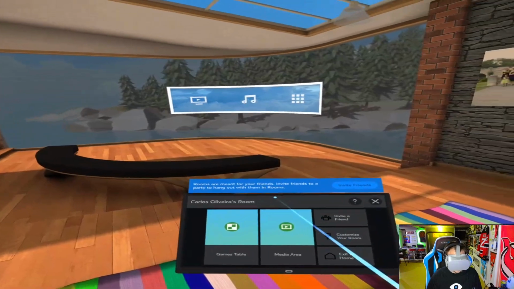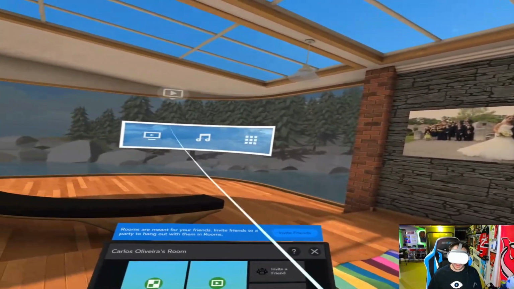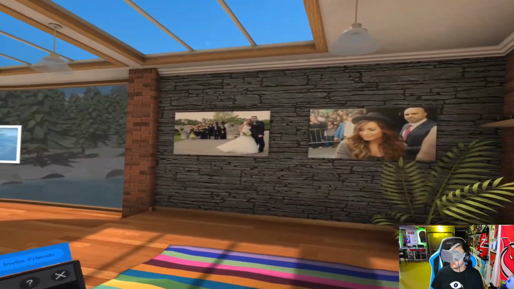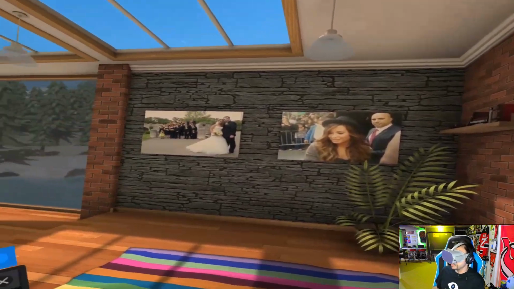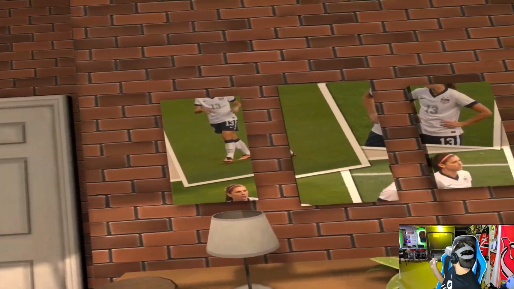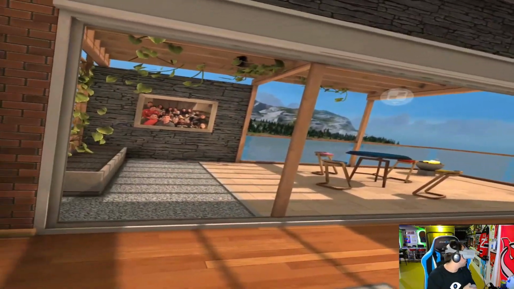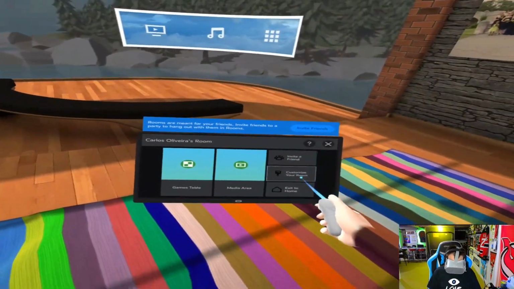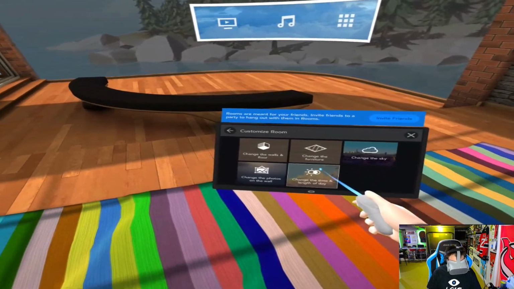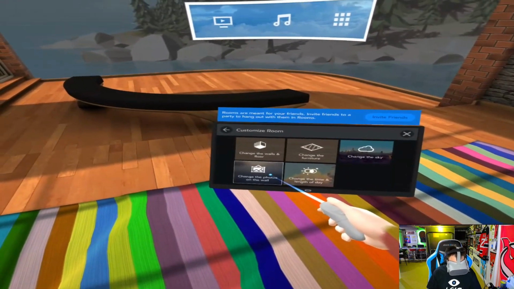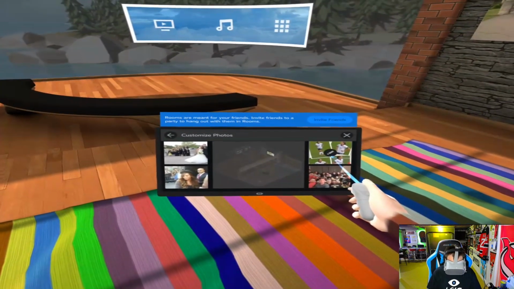This is your little tablet in front of you. As you can see, I've already started to customize some of the things on here. This is a picture of when I met Demi Lovato, a picture of a wedding, Alex Morgan's behind me, and a couple of friends over there. But you can actually come in here and customize the rooms. So let's start with changing the walls and the wallpaper. If I change that Alex Morgan one,